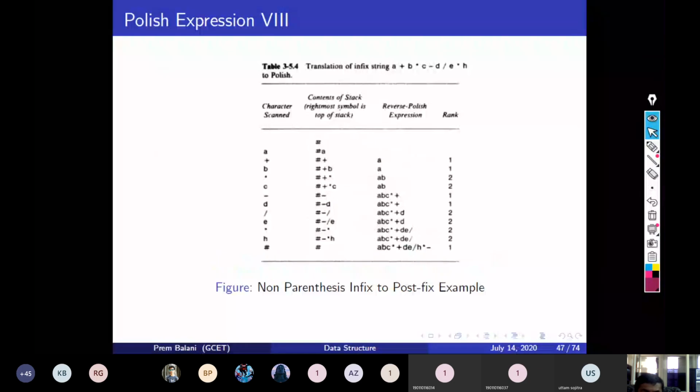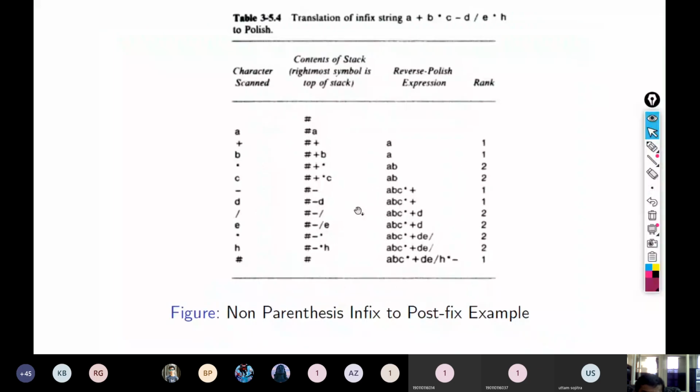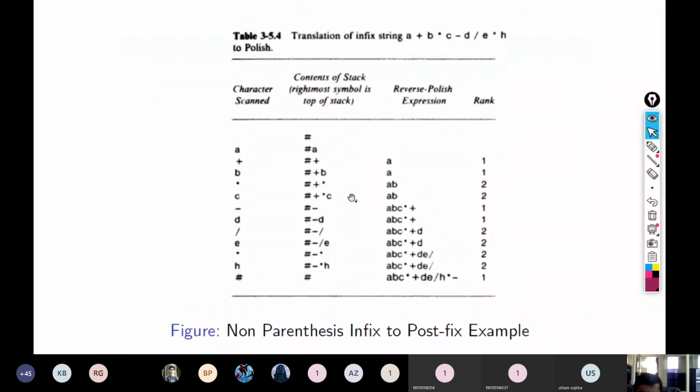This is an example which shows the step-by-step algorithm evaluation for some expression. Say this is the expression which I want to convert to the postfix notation.